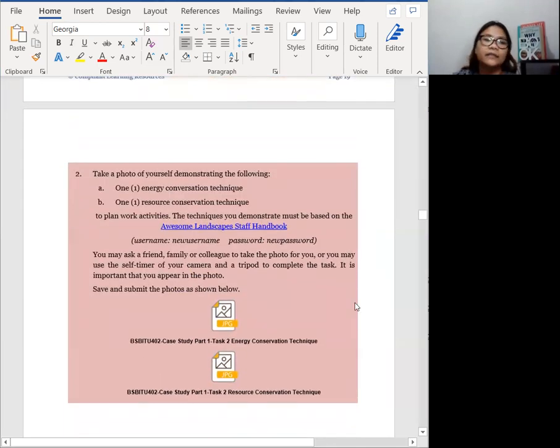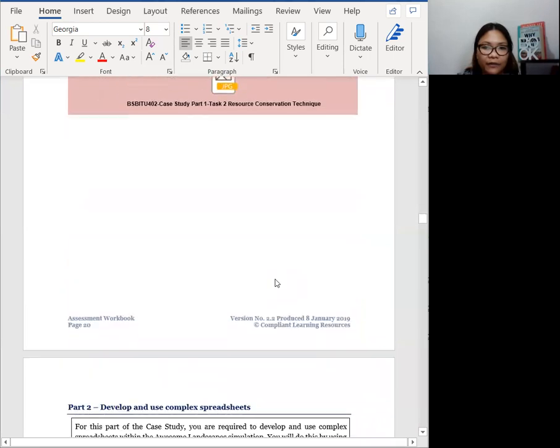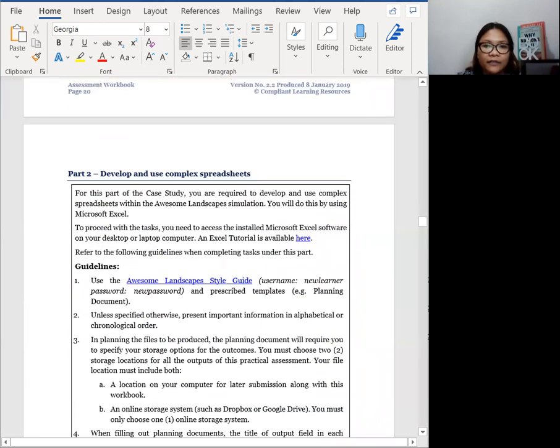And then the next part, still another photo. You must take a photo of yourself demonstrating the following: one energy conservation technique and one resource conservation technique. So you can ask somebody else to take the photo for you or use the self timer functionality in your camera. All right, so the next part,